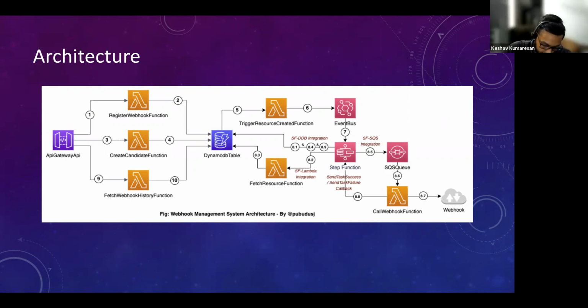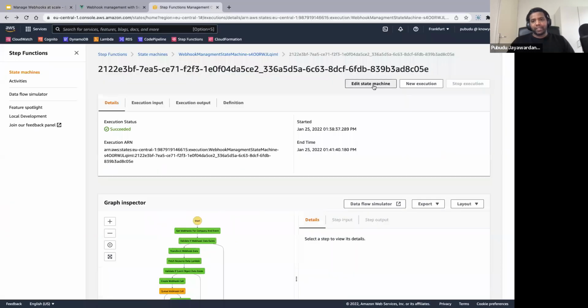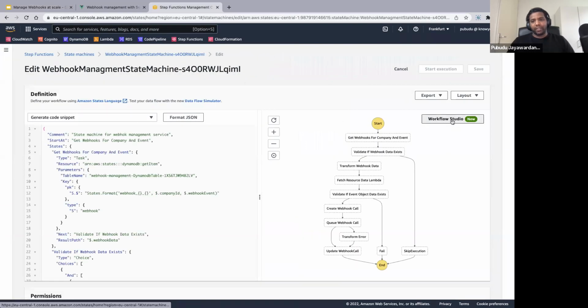And another thing, like you mentioned, you use Step Functions, right? The last time I used it, I wrote the entire definition in YAML. Did you do it entirely in the Workflow Studio, or did you write certain things in YAML? Okay. Actually, I did some modifications afterwards, but the main structure is created in the Workflow Studio because